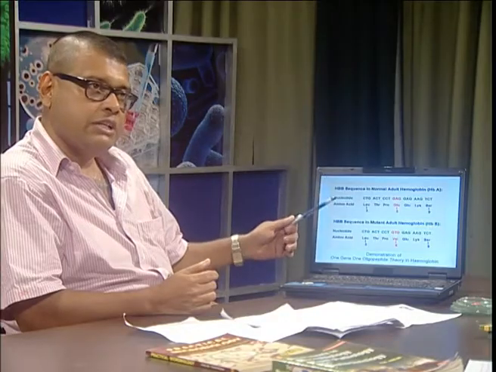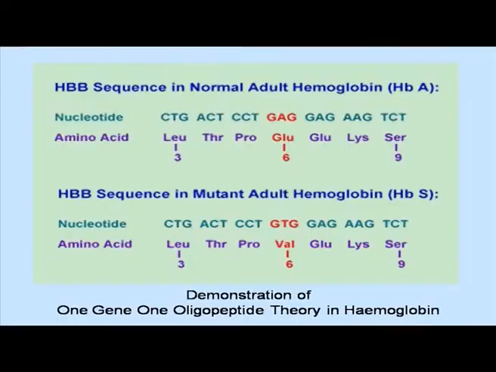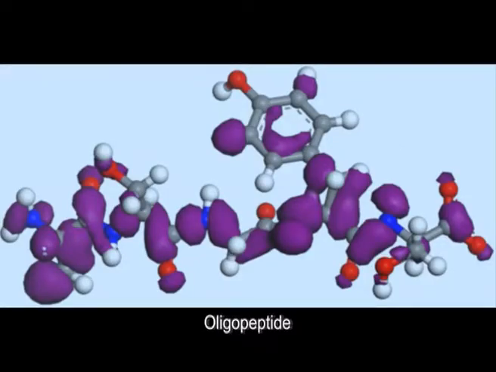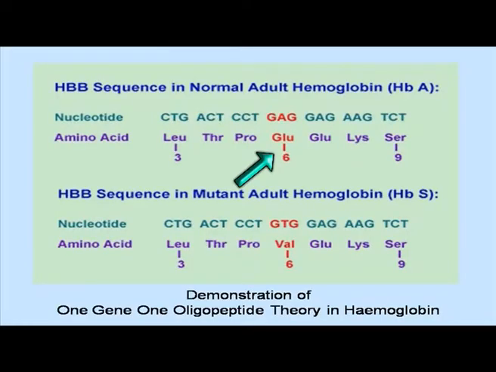Of course, later on, Ingram proved that one gene cannot control the activity of entire enzyme. Rather, it is said that one particular gene is modified at a particular location, and that is point mutation, which is bringing about the modification of an oligopeptide. As you can see in hemoglobin, that normal one gene is actually related to one oligopeptide. That is, in case of the beta chain, the 6th position glutamic acid is replaced by valine, and that actually modified the hemoglobin structure, causing sickle cell anemia. So thereby one gene, one enzyme theory was replaced by one gene, one polypeptide theory.